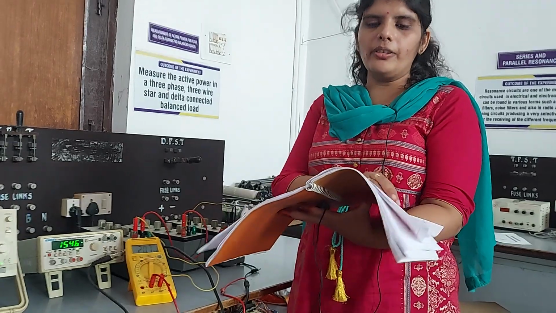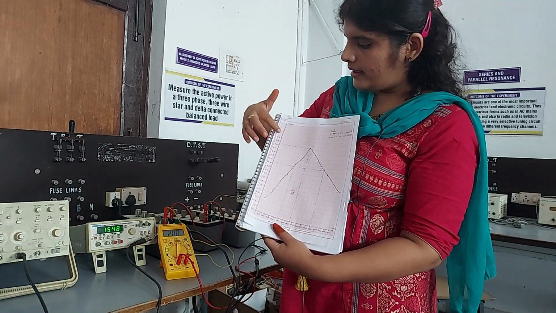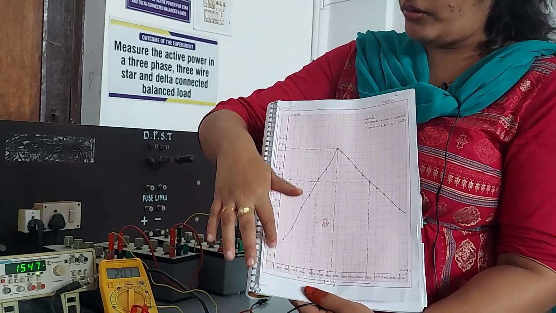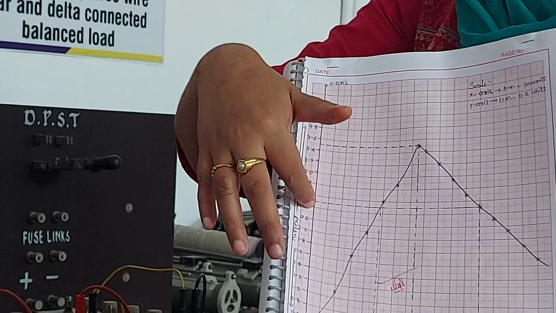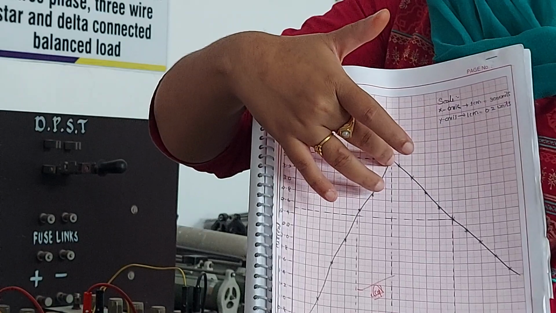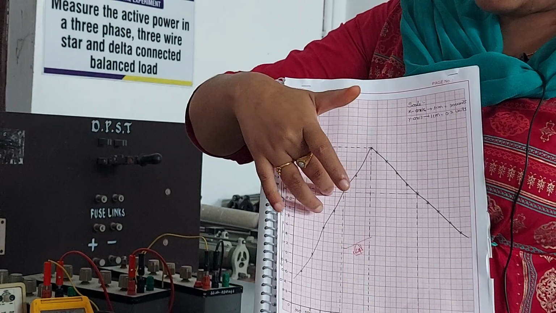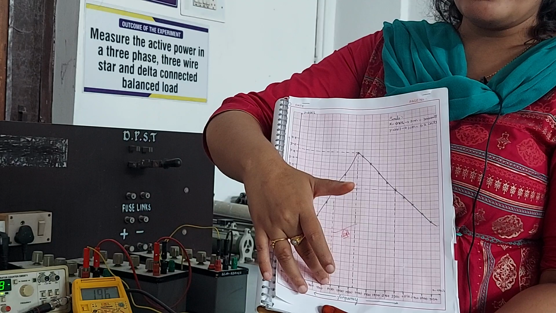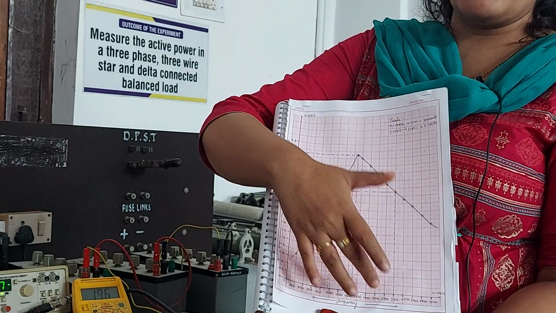Okay, and you have to draw the graph. So this is the graph. On the x-axis you have to take frequency in hertz, and on the y-axis you have to take current in milliamperes. Whatever current we are measuring is in milliamps. So this is how you draw the current graph, and this is the point where you will get maximum current. And see, this is Im by root 2. At this point you will be getting the half power frequencies, that is lower cutoff frequency and upper cutoff frequency.